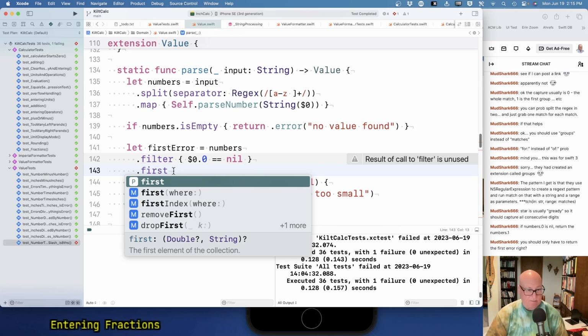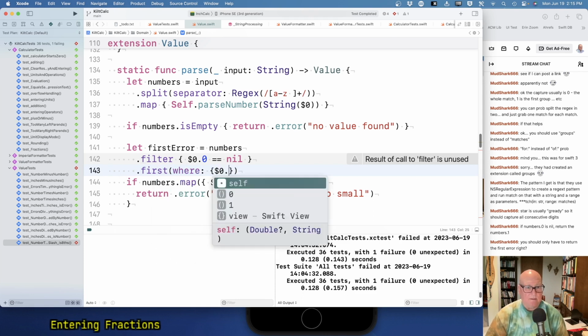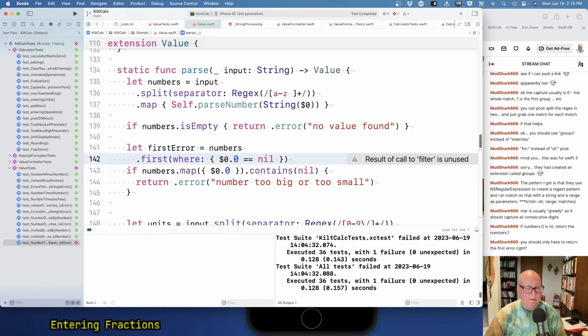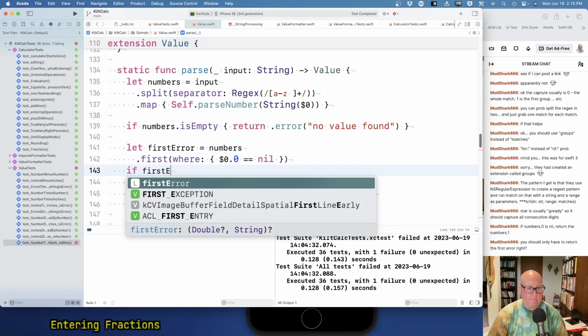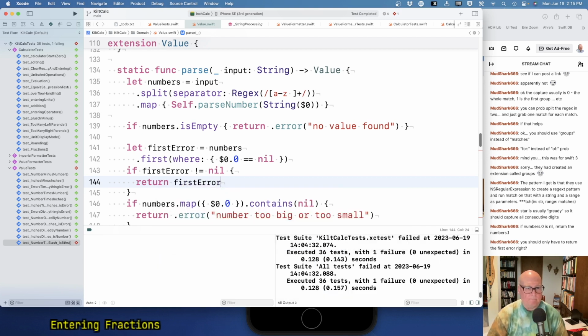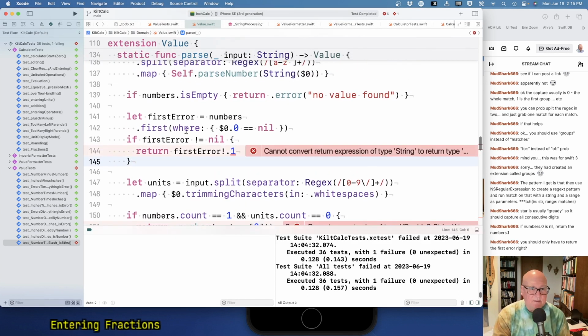I guess first where in the first place would be better. Where $0 equals nil. Yeah, okay, so